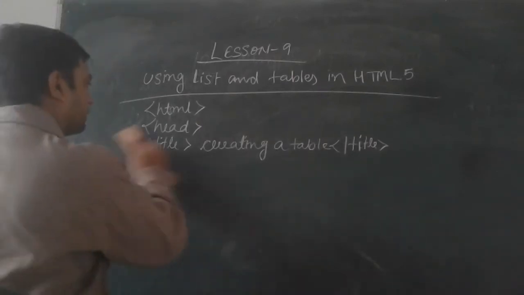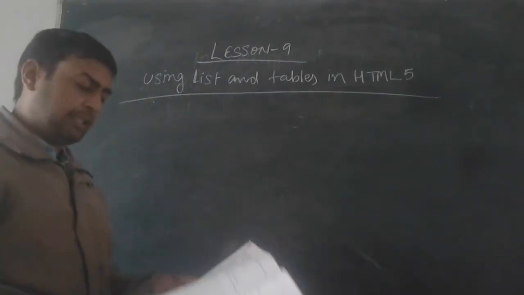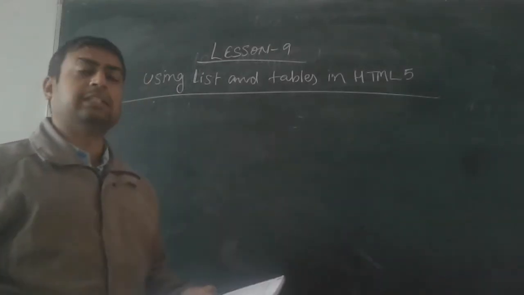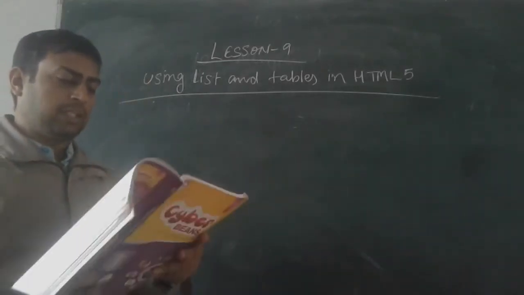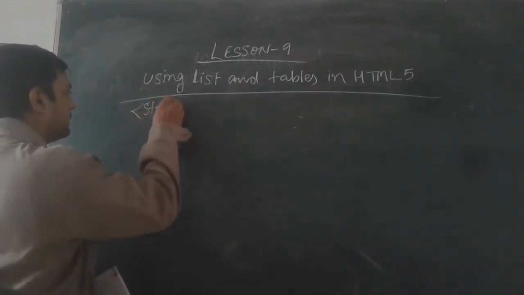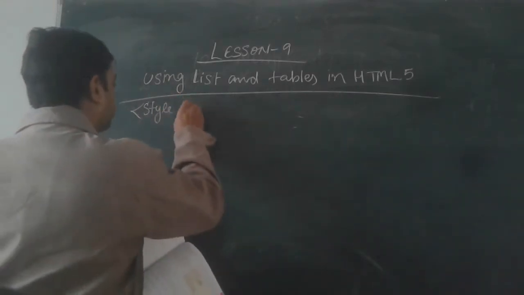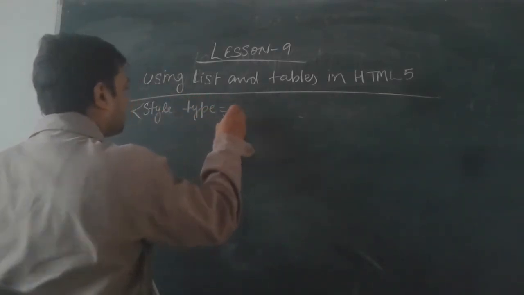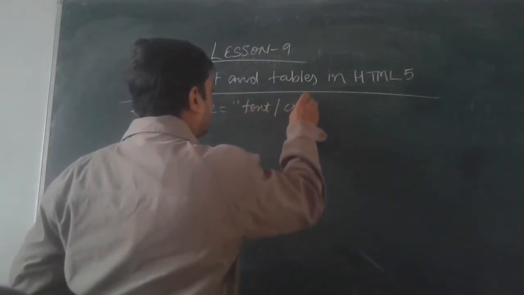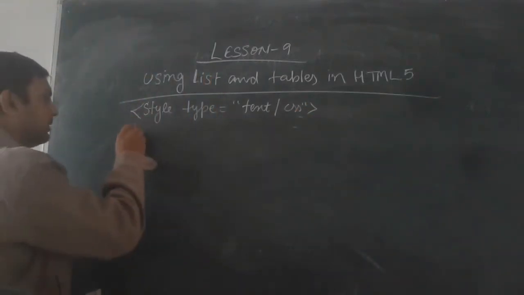So the table tag you will write inside the body tag, and for giving the table CSS, the style CSS, you can use it here: style type is equal to text/CSS, and inside this we can use body